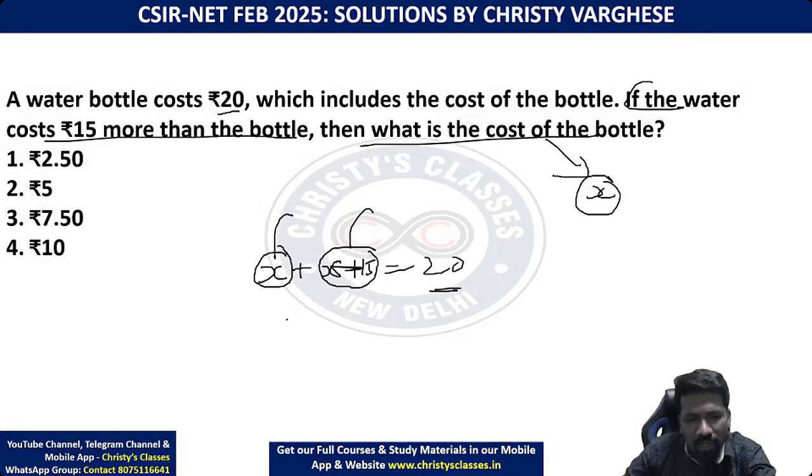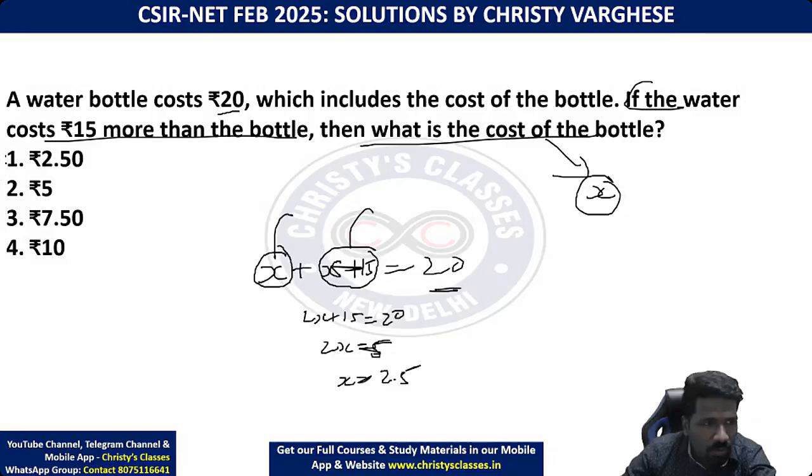Very basic finding-the-X chapter question. That is 2X plus 15 is equal to 20. 2X equal to 5. X is equal to 5 by 2, 2.5. So option 1, 2.5. But a person who is not familiar with this finding-the-X chapter question can misunderstand